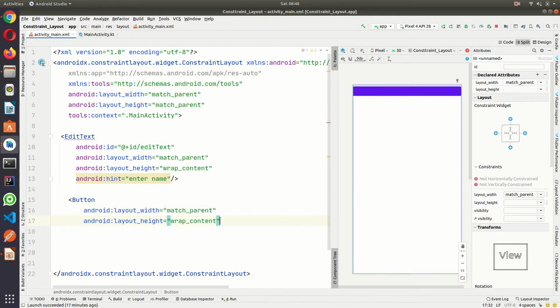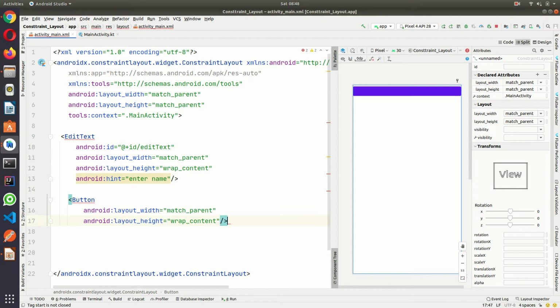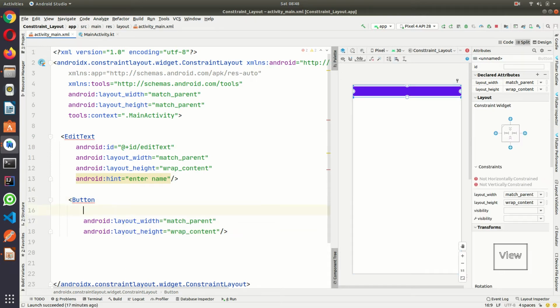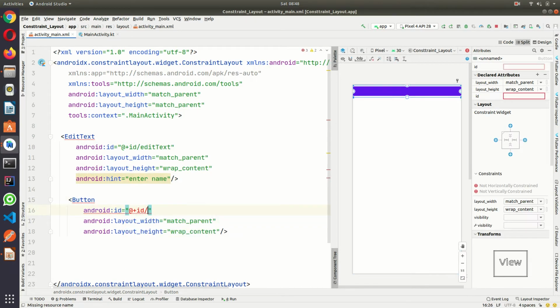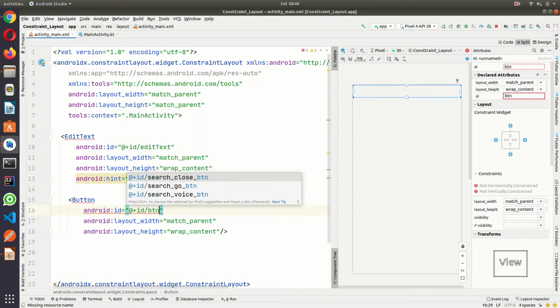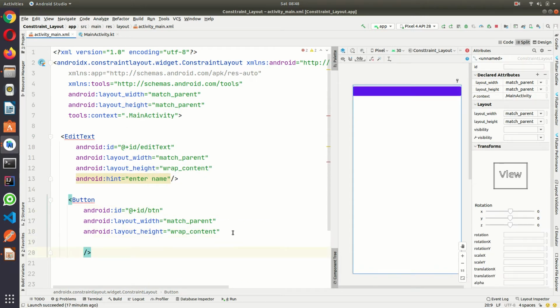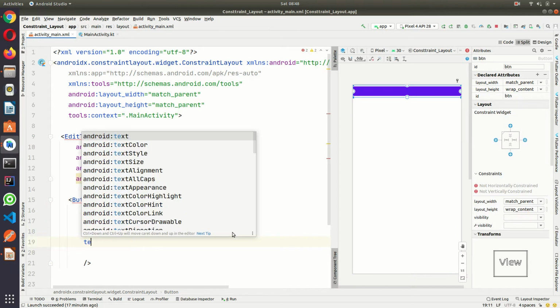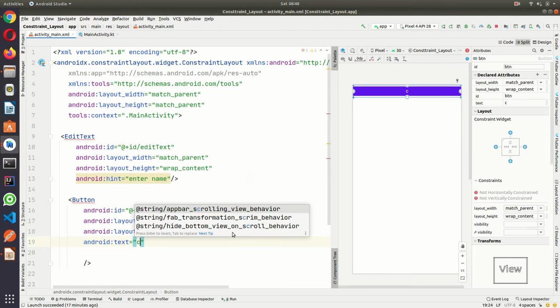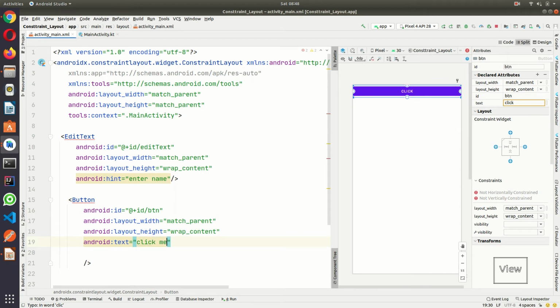The button should also be match parent width and wrap height, and here I am creating the ID btn. Okay, and the text I am writing is clicking. So here I have not aligned the views, so first I am going to work with the edit text.